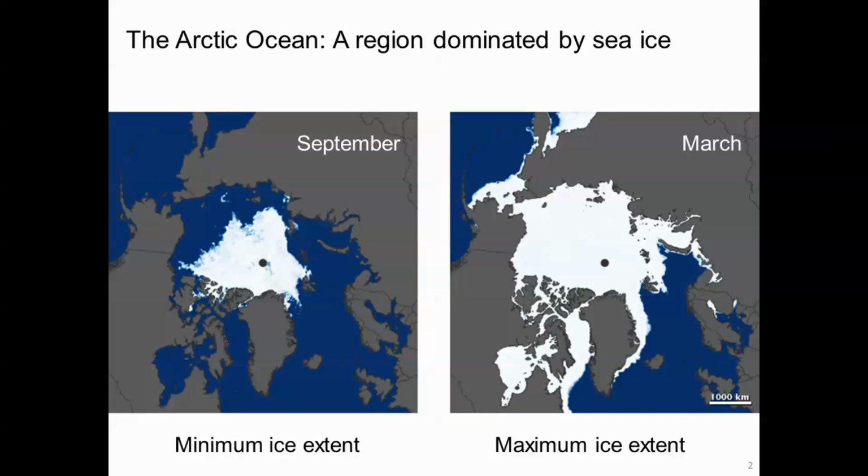Without the ice, it's a completely different system, completely different animals living there, completely different lifestyles. And because it's got ice, it's got a unique characteristic that things have evolved to live in. The ice extent varies on a seasonal time scale. We've got minimum ice in September, maximum ice sometime in March. But this has been changing in recent years, as Eric alluded to.